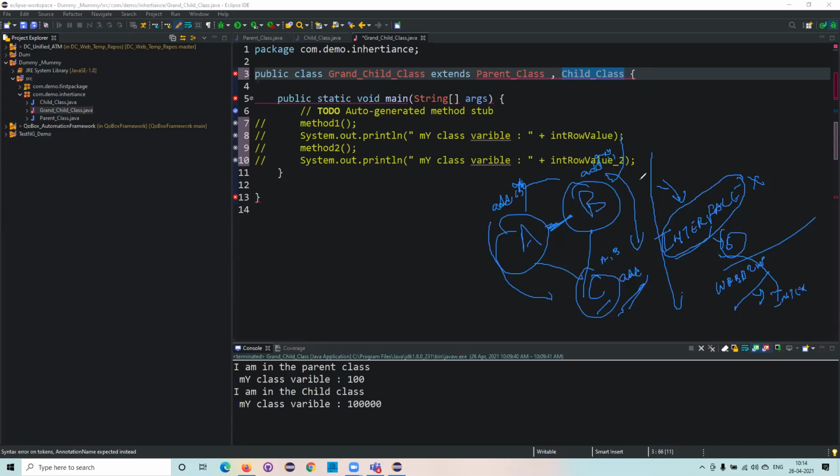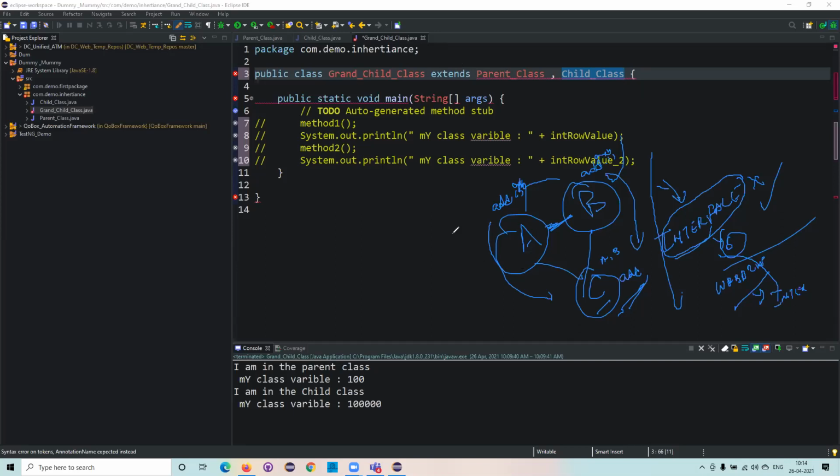For supporting multiple inheritance, it makes use of interfaces. This is one of the most frequently asked questions, and if you don't understand this, you will not understand OOPS concepts. People will check this. So, will Java support multiple inheritance? The answer is no. Java will not support that. Why is it not supported?